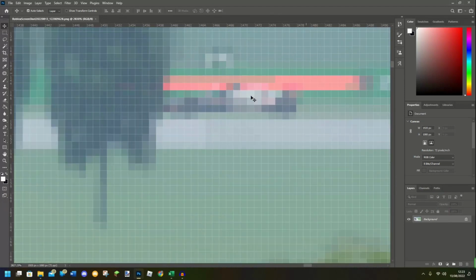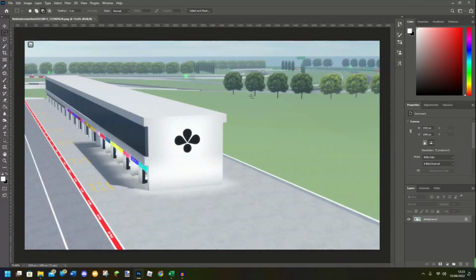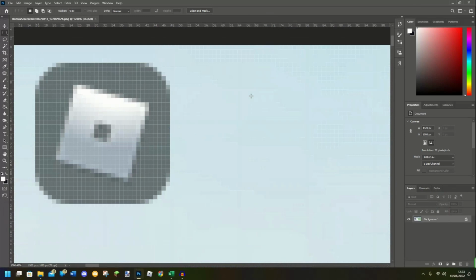So I do think that my computer can get rid of that. So I will select the name, and I will add to the selection the car, and then I will come over to the Roblox thing over here, and I will add that to the selection,